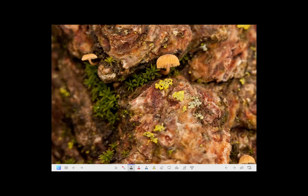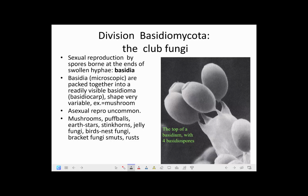So here's a typical basidiomycete. It's a little mushroom. It's growing on the bark of a tree with, by the way, a moss, this little orthotrichum, and a lichen, this little Candelariella. So here's a picture, electron microscope view, not my picture, that shows one of these clubs. So this is like a club. It's a blunt structure, and the spores are produced on the outside of it. And these are called basidia. And these are the characteristic sexual spore-producing structure of